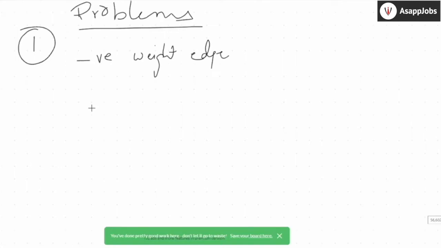I mean, it might be difficult to visualize what a negative weight edge means, but when you say edge, we define the edge based on a property. We never said an edge will always have some distance or always some time, because distance and time are usually positive. They are not negative with reference, obviously. But we never said it's always based on distance and time. It can be anything. It is a property. You can define the property anyways.